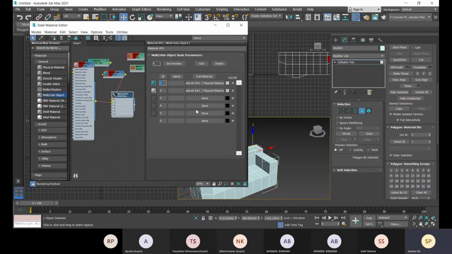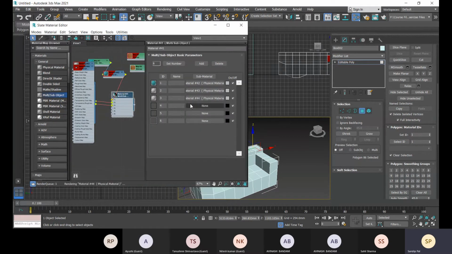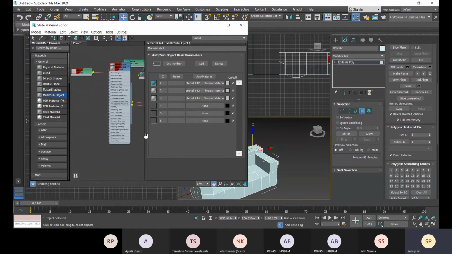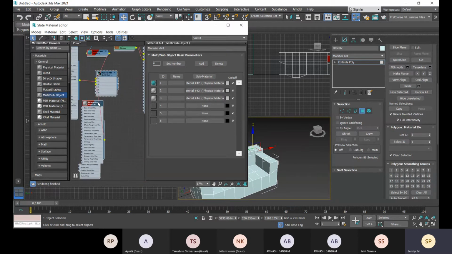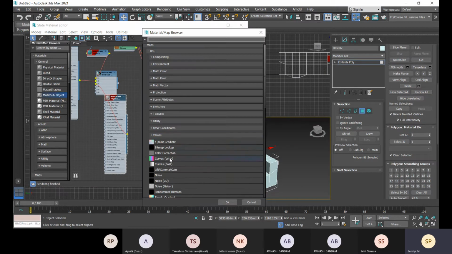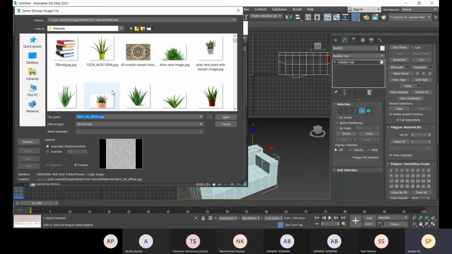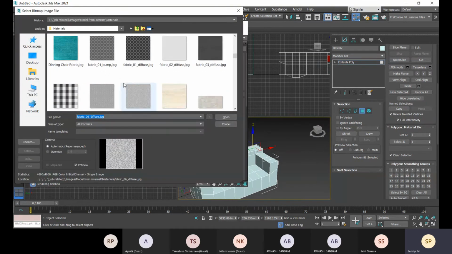I'll apply it to another, go to physical material, and this is for this three, go to this base color map, choose the bitmap option, double click, and there you can provide.